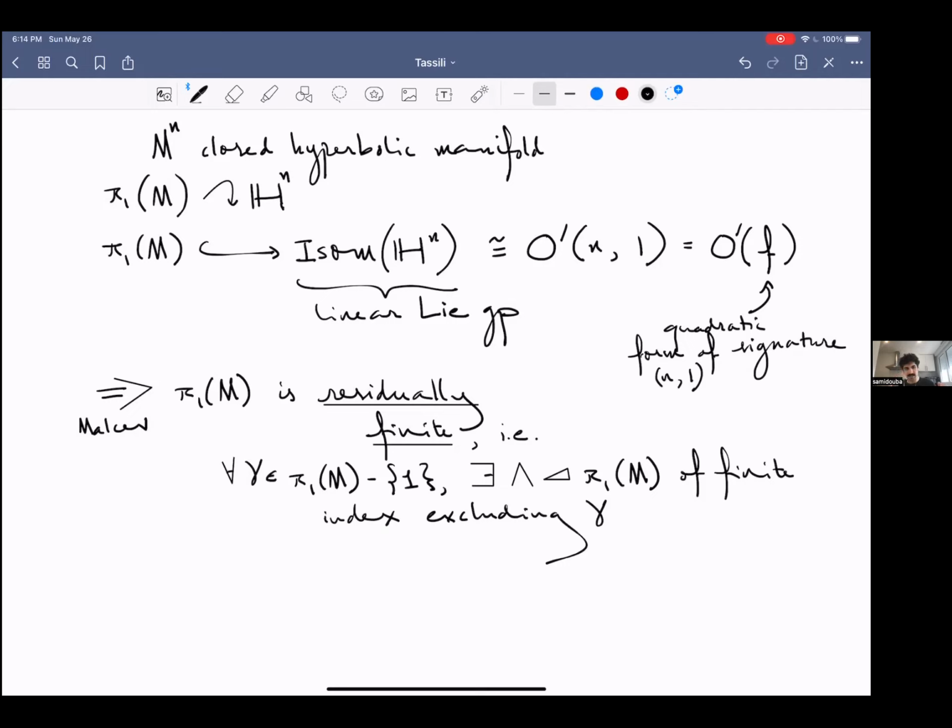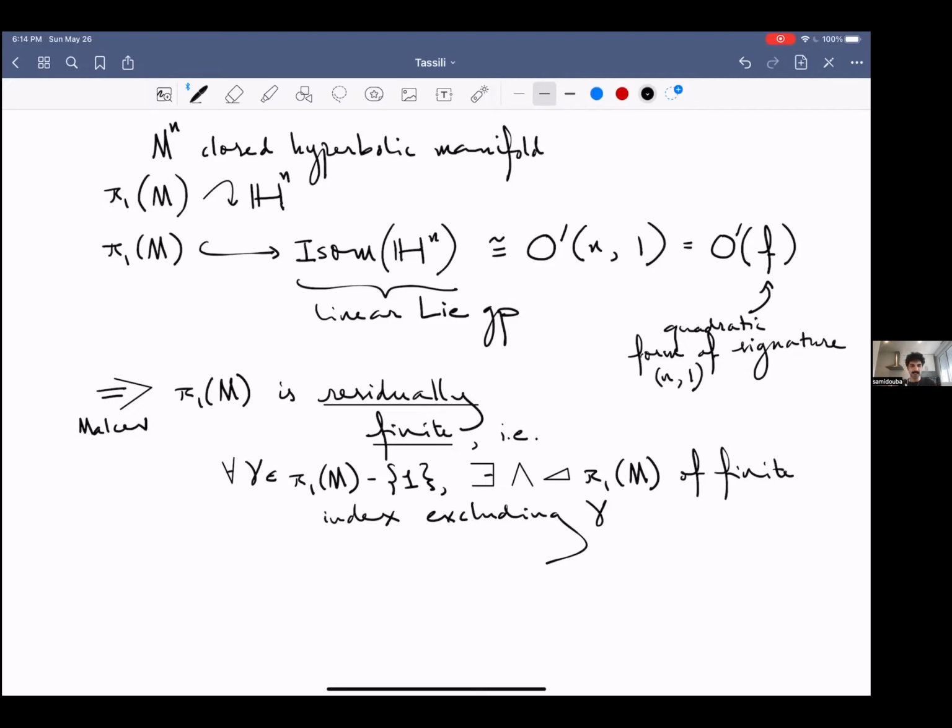What this theorem of Maltsev says is that finitely generated rings are residually finite, and then one uses congruence quotients to detect non-trivial elements in the group. And also, once you have a